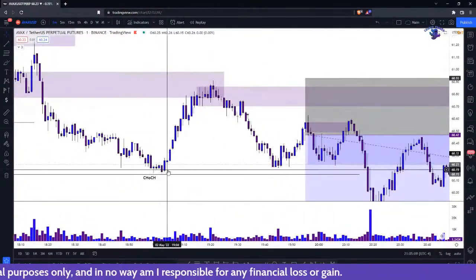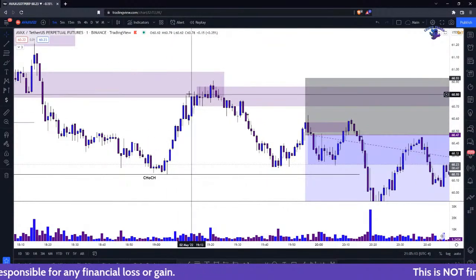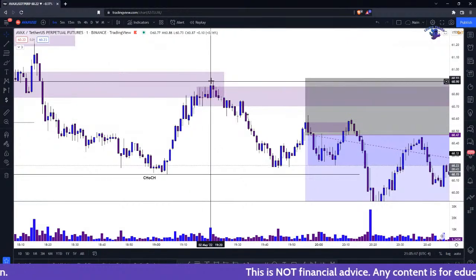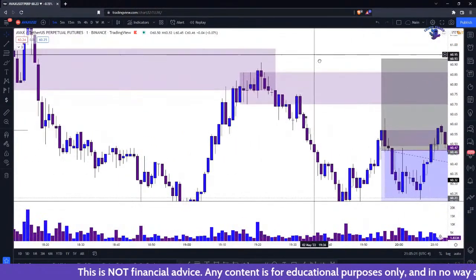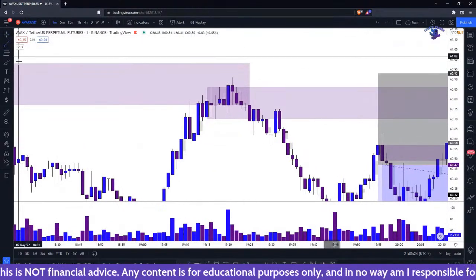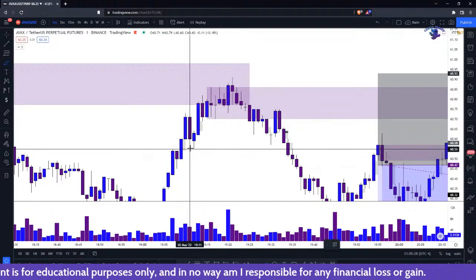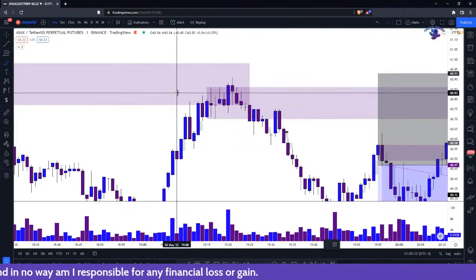Because remember, once we came down here, we made a new high, low, high, right here. So we cleared. It's the same thing. And this is why it gets difficult for people to see when they're newer to this. It's even difficult for me sometimes. It is just an advanced technique that takes some practice and just not overthinking.